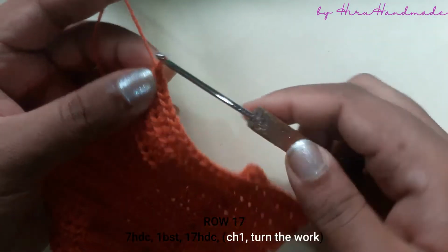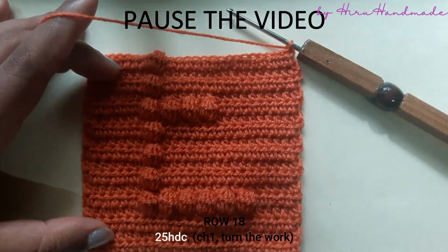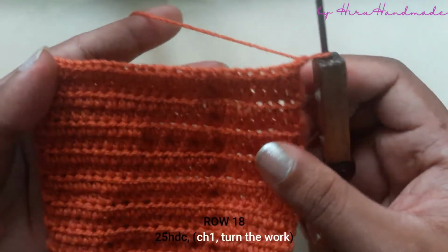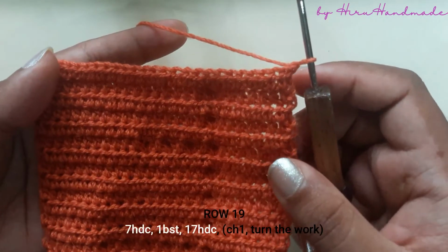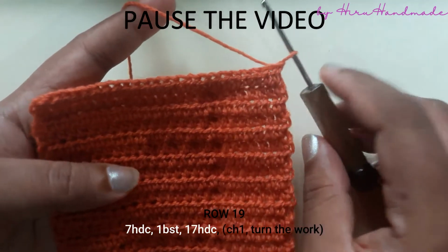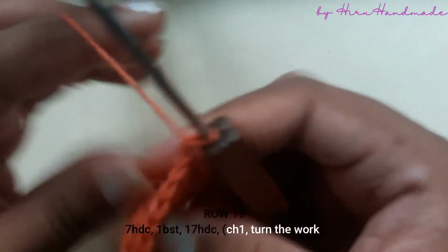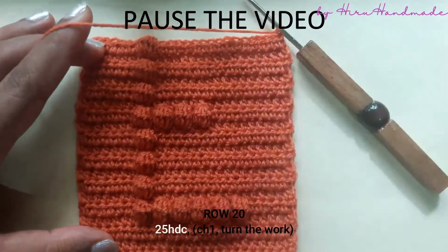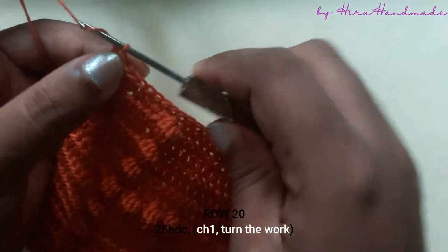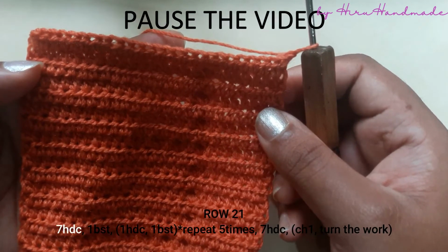So chain 1 and turn the work, and the next row is going to be a row of half double crochets. Now I have completed that row. So chain 1 and turn the work, and then the next row is going to be 7 half double crochets and a bubble stitch, again 17 half double crochets. Now I have completed that row. So chain 1 and turn the work, and then the next row is going to be a row of half double crochets. Okay, now chain 1 and turn the work,